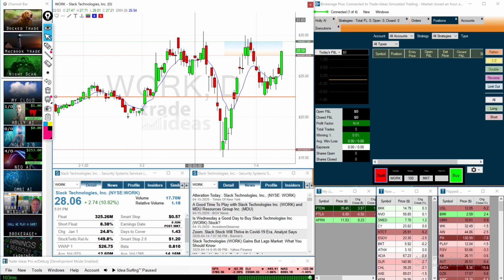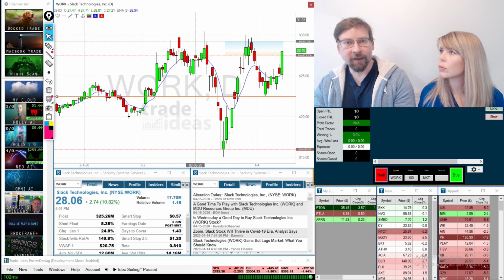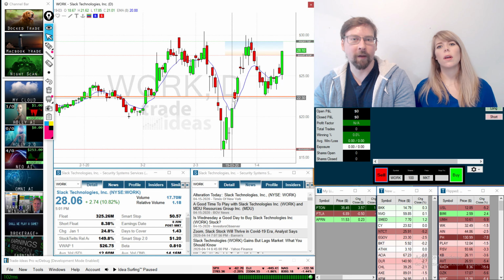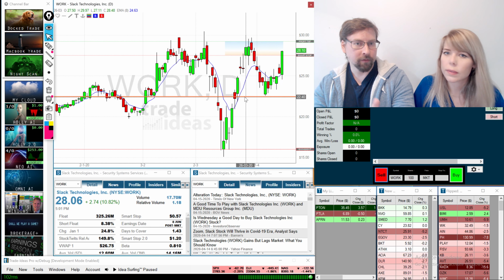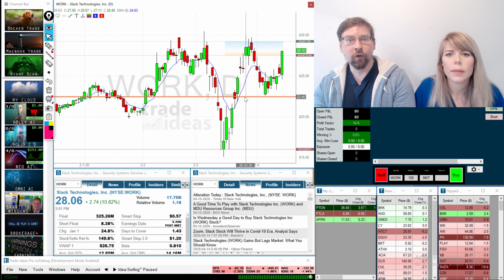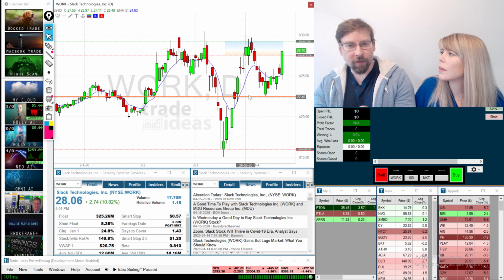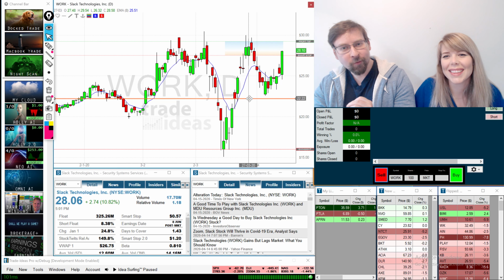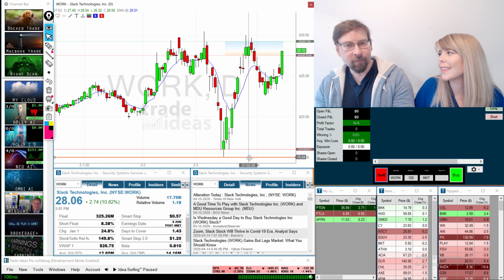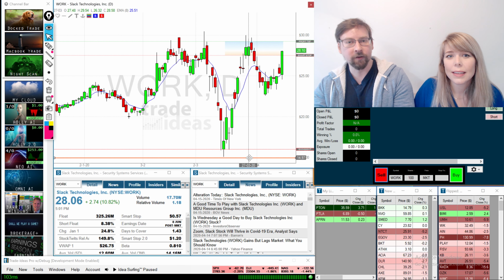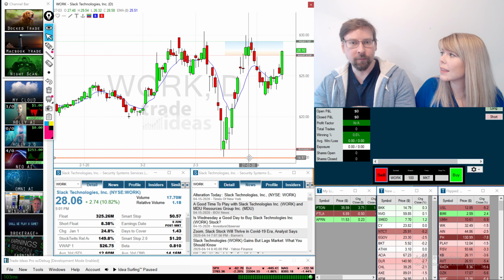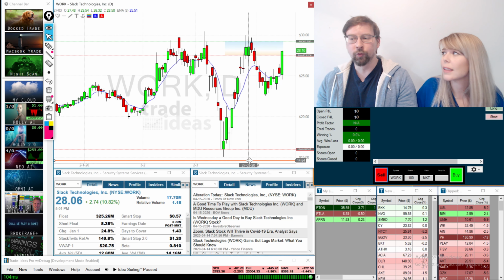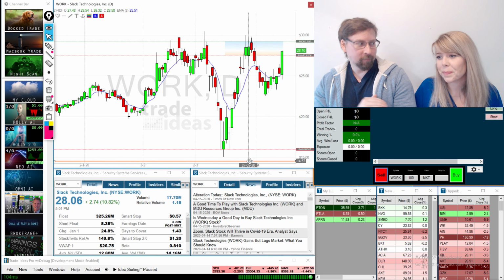One rule, you never move a stop down, right? It's very dangerous. If you're short, you can move a stop down. But if when I bought work, my initial stop was right under this low, right? If it looks like it's going to stop you out, every human being has an inclination to say, if I just move this down a little bit, maybe it won't hit my stop and then it will go up and it'll make a lot of money. That is rule number one. You set your stop and you leave it. You can only move it in the direction of you losing less money. Okay. Hard and fast,